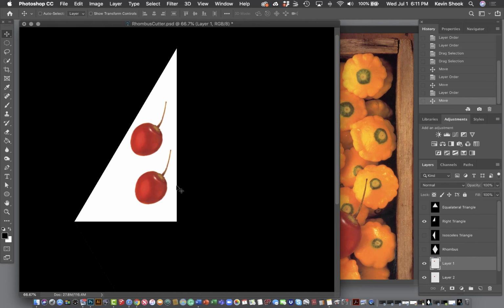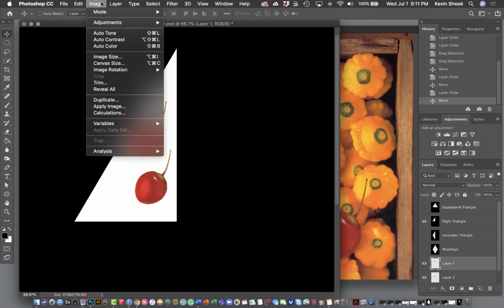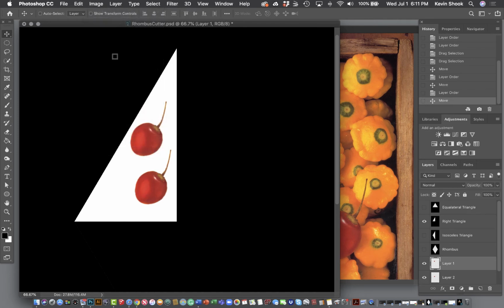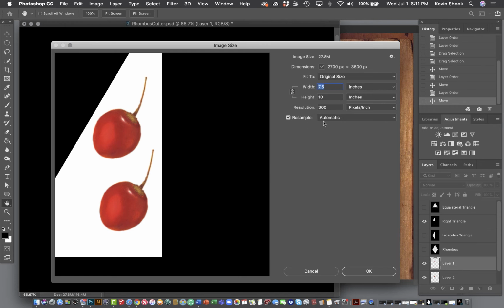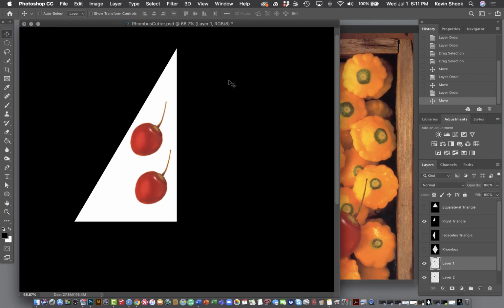Once you bring all your source materials over, again, remember when you import your files, think about the resolution. It should be priority. You want it to be a resolution of 360. Refer back to the image size video where you go into image, image size, and you can see, in fact, the resolution is 360, and this is dimensions for this file. And so that's where you want to make sure that you are paying attention to your sources as you